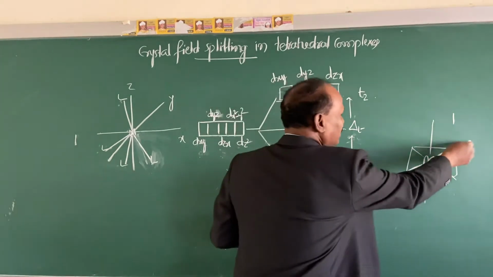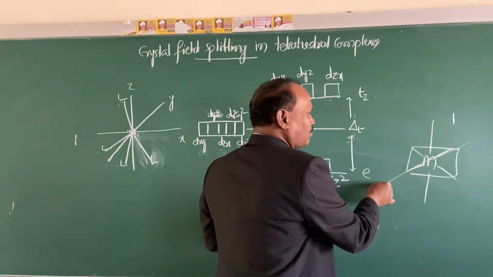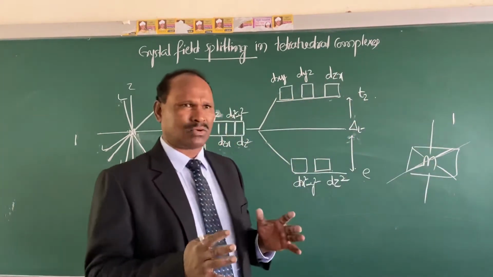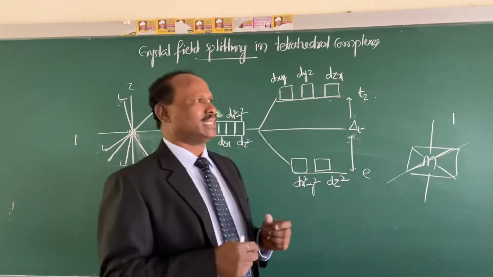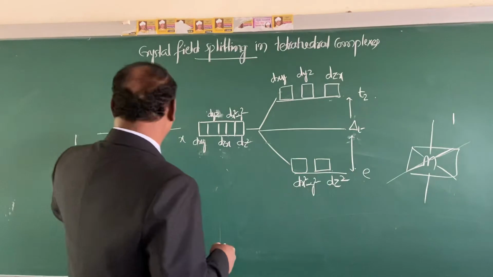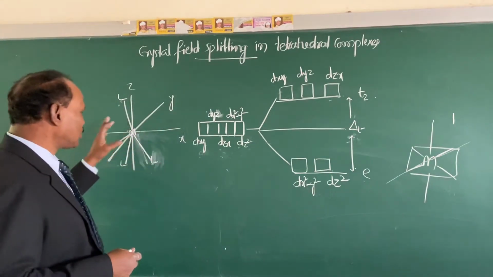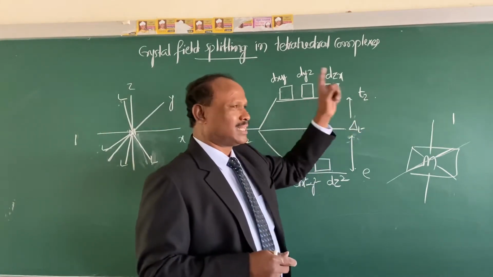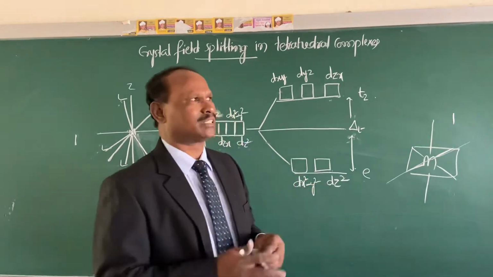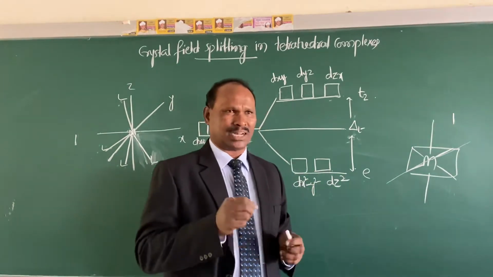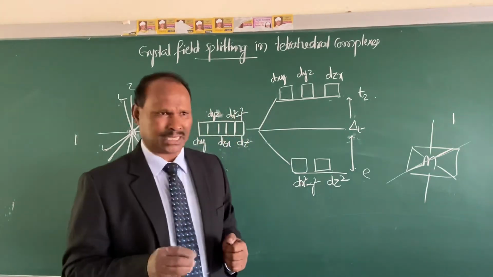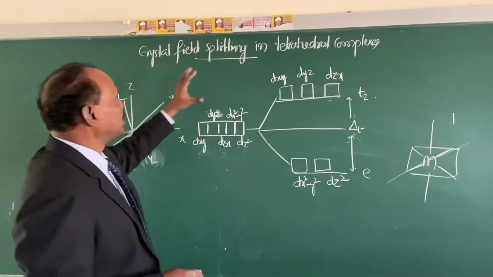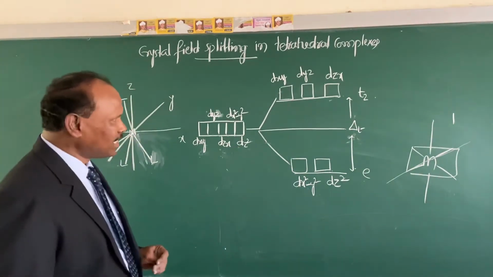See, for example, here, if I cut this octahedral molecule in this direction, this portion and this portion become equal. In other words, they are the mirror images of each other. So here, the tetrahedral complex has no plane of symmetry. I have not written g here. That subscript g indicates the plane of symmetry. So wherever the molecule has the plane of symmetry, we write that symbol g. So this is how the crystal field splitting occurs in case of the tetrahedral complexes.